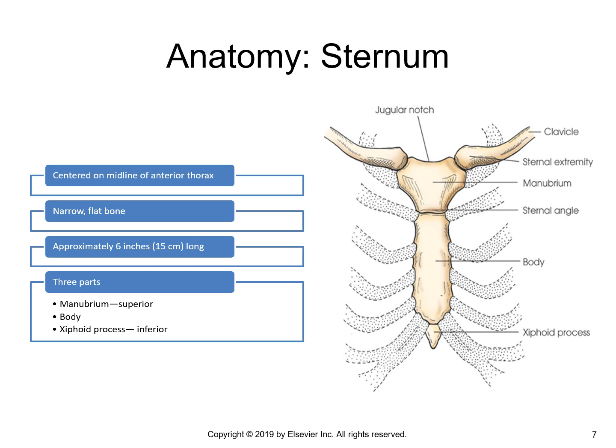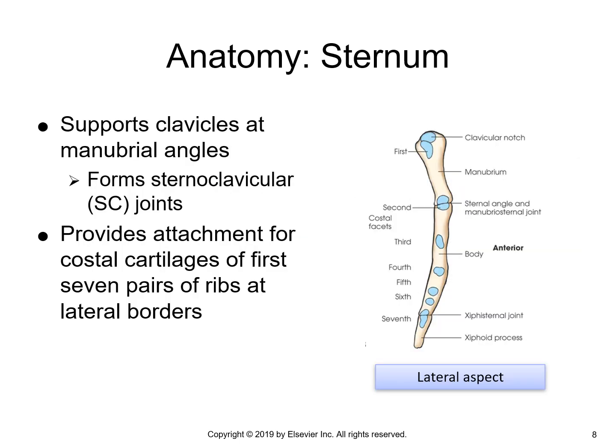Remember, when you are palpating, make sure that you warn your patient in advance what you're doing and why you're doing it, just so there's no confusion. All right. And then the lateral aspect, this diagram is nearly useless, except it shows you where the cartilage attachments